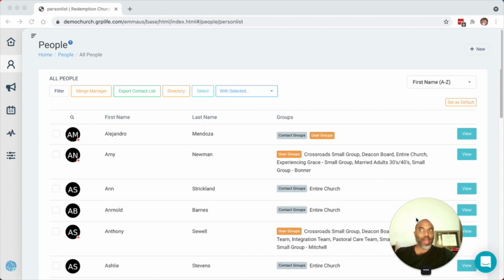There are a number of ways to do that. One way to make a person a user is to just tell them to go to your login page if you've enabled the ability to do registration, and have them register for an account with their email address, first and last name. The other way to create a user is to go into groups,